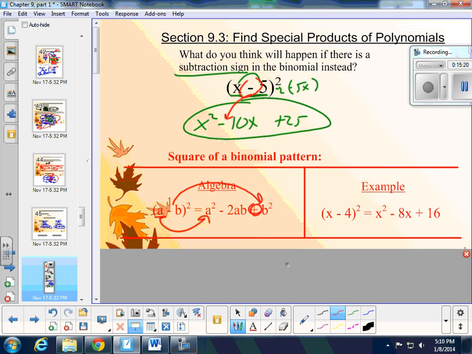Showing it with this last example here. x minus 4 squared. So x squared gives me just that, x squared. Again, think of this like negative 4. And then the middle term will be, so that'd be negative 4x, and you'll end up getting two of those in your pattern, just like with the previous one. And two of those will give me negative 8x. So whether you're adding or subtracting a binomial, if you had to use FOIL or table method, you could still use those and get the correct answer. But here's a little